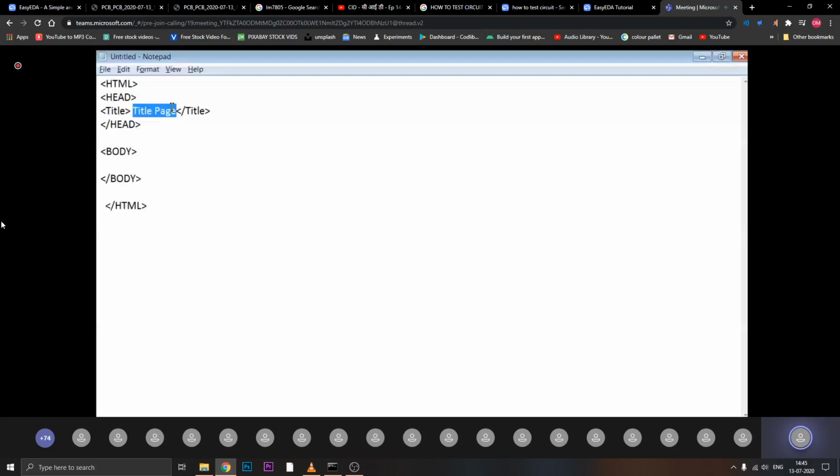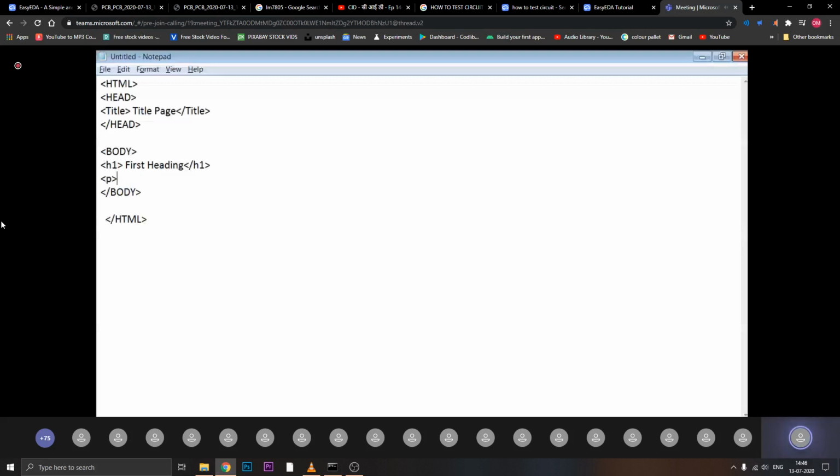Then in the body, I'll be adding a heading. Headings in HTML come from the H1 tag to the H6 tag. So this is the first heading, and we'll be closing it. Later on, if I want to add any paragraph, the P tag is available for that.